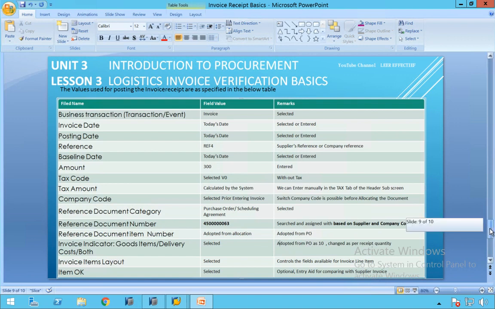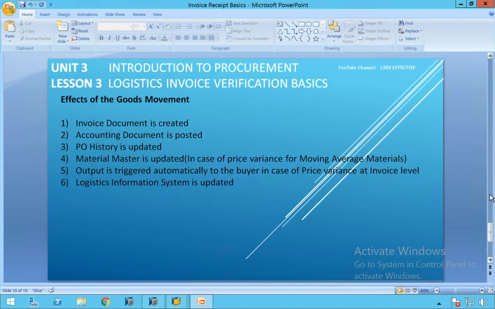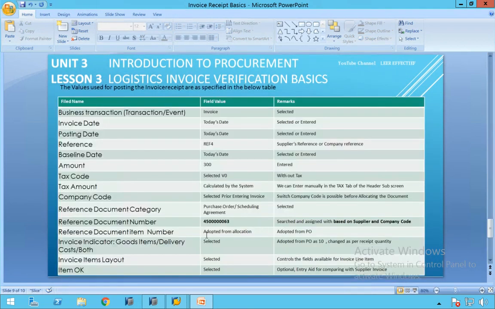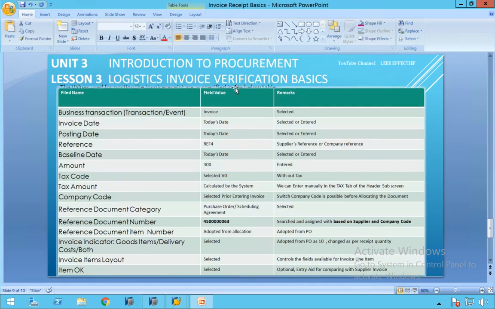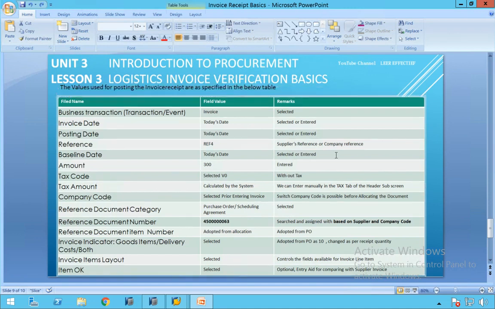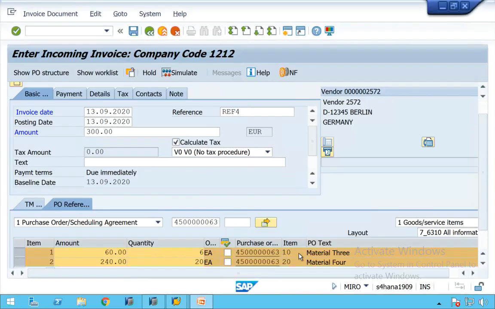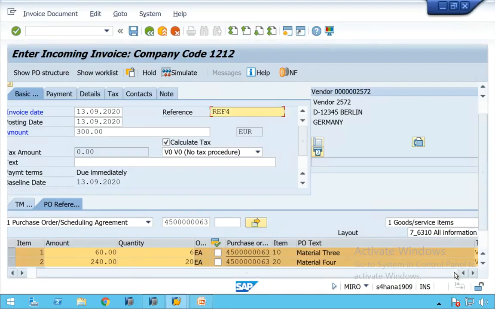Okay, there is one field actually, quantity was not there. Okay, I should add one line. So can you see here? Let me copy this. Now, before the quantity will come here, can you see invoice indicator? Scroll to the right.